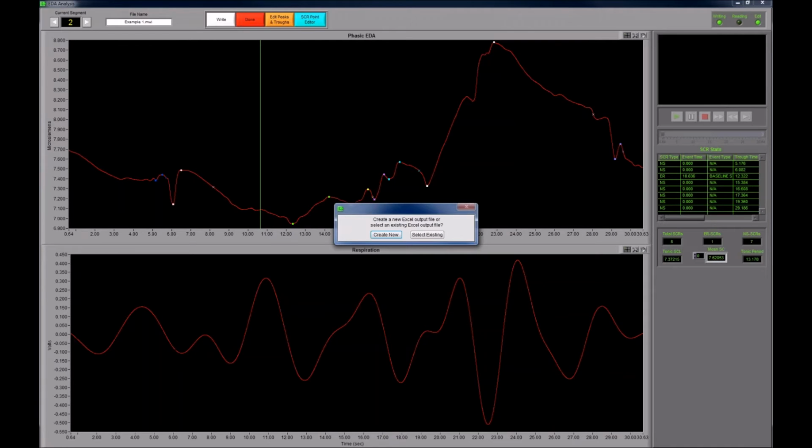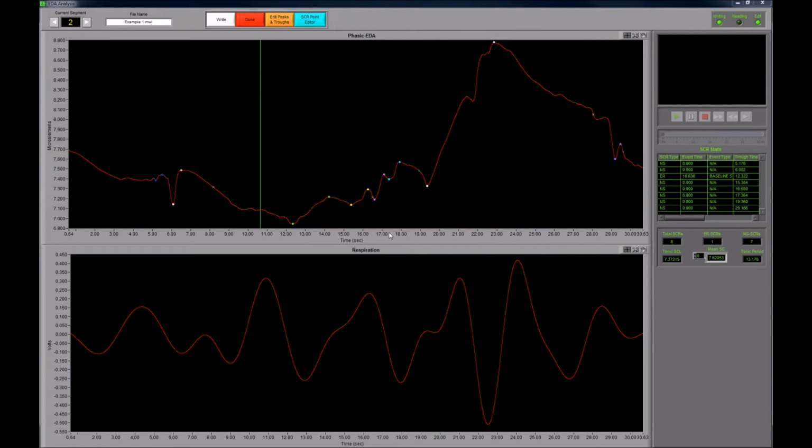Most of the time you want to create a new one. Selecting an existing Excel file is only really useful if you were doing some editing and writing out some values to Excel, you had to close your application for whatever reason, and then came back to it later. But it's so quick and easy to write statistics to Excel that it's probably best just to do it in a single session. So I'm going to press Create New,